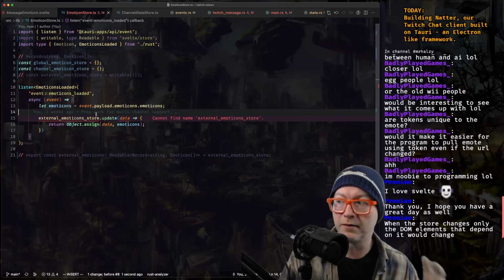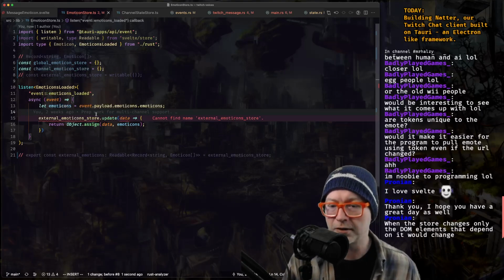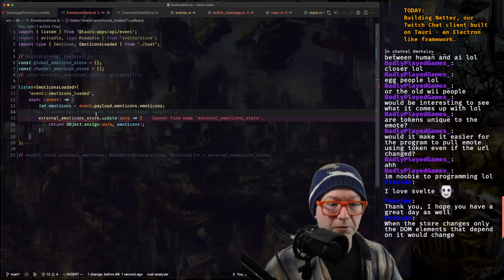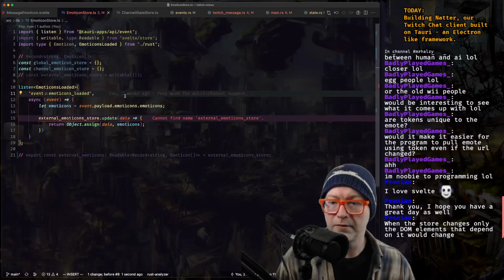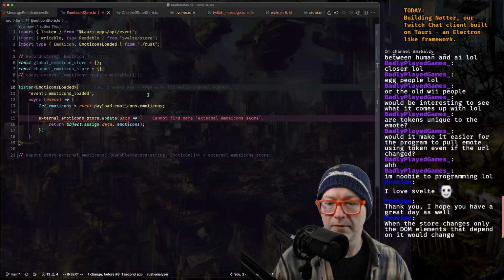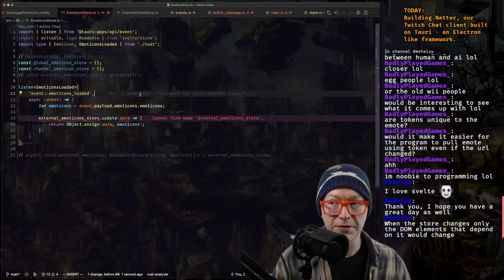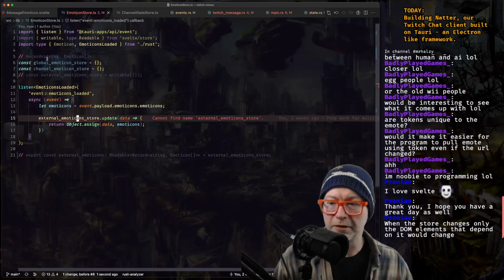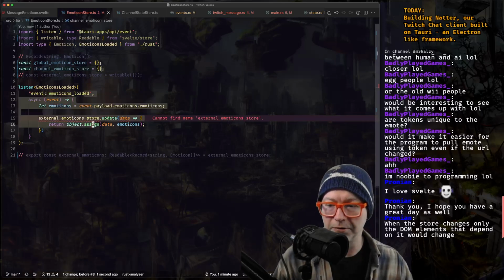It's only when the UI settings change that a new emoticon URL needs to be created. And that could be done using the same data. Okay, yeah, that works. Okay, external emoticon store. We are not doing that. Okay, ignoring this for a moment.